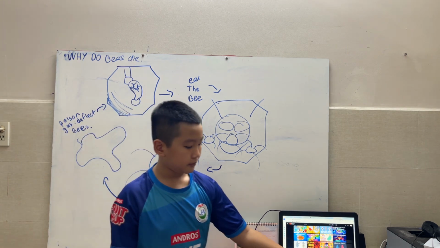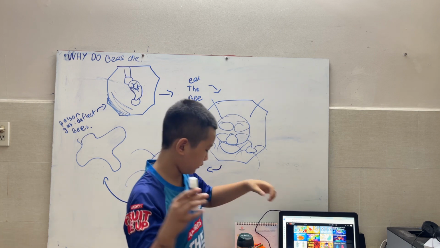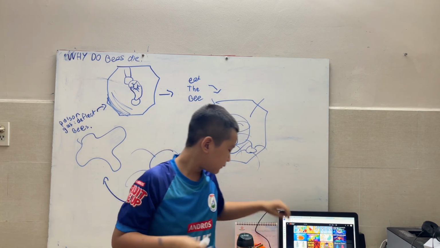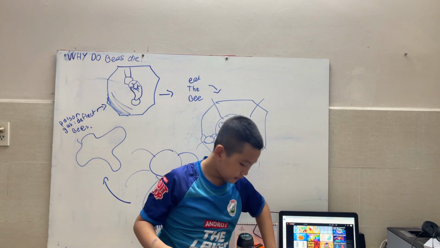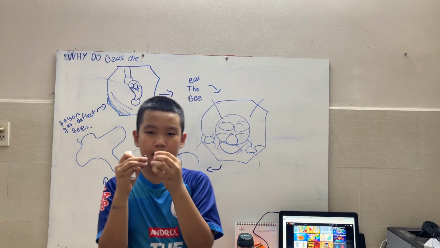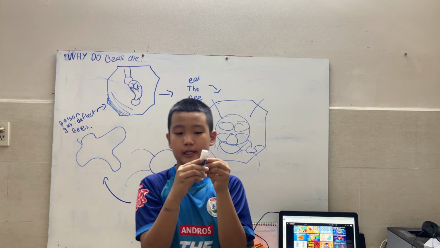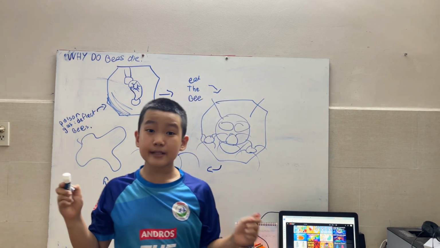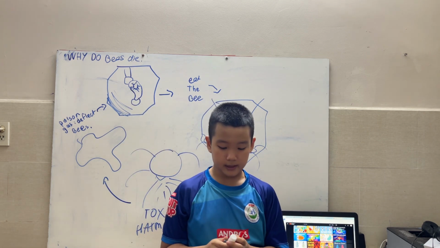For example, this is the beehive. This is the beehive, okay? And this is the bee. And this is the mite. Okay, so we have the beehive, the bee, and the mite. So now, in the beehive, the bee is just standing there, okay? Now, mites are microscopic, so almost no one can see them, including bees.